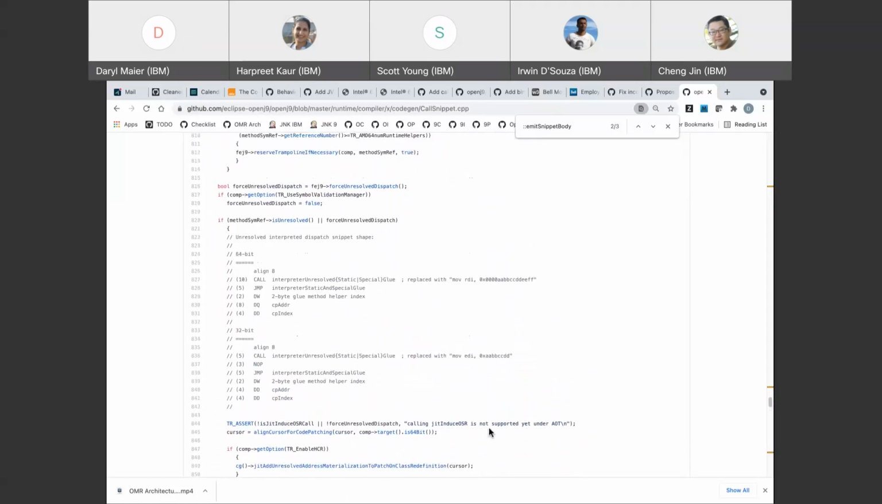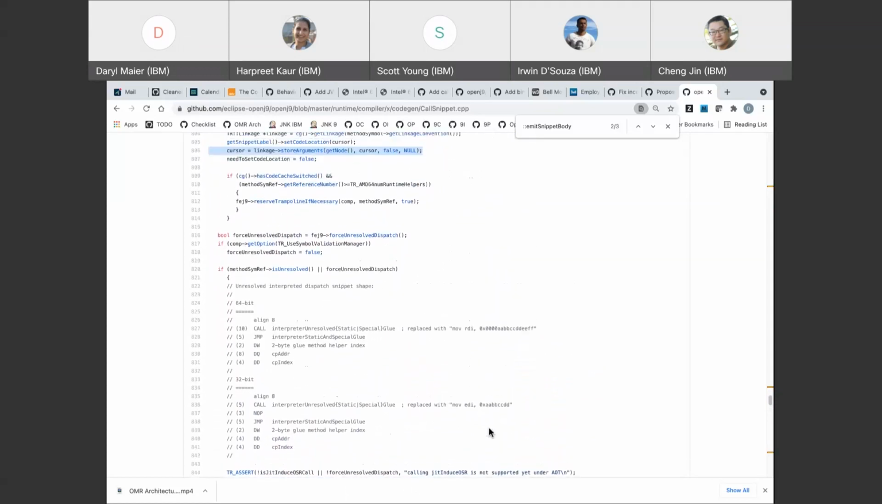I assume we do that based off of what I'm reading here in the unresolved, because in the interpreter unresolved static glue, yes, it calls or it pops into EDI something from the backspill. Right. So actually, that's what the comment here is saying, too. So move RDI. This code here will be replaced with move RDI, which will jump us into interpreter static and special glue